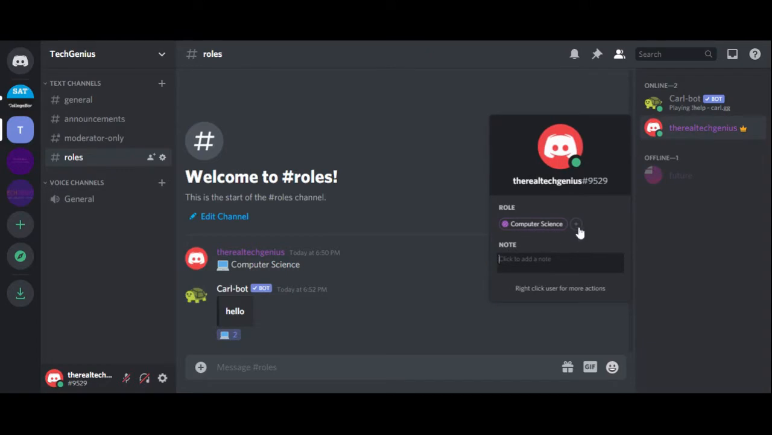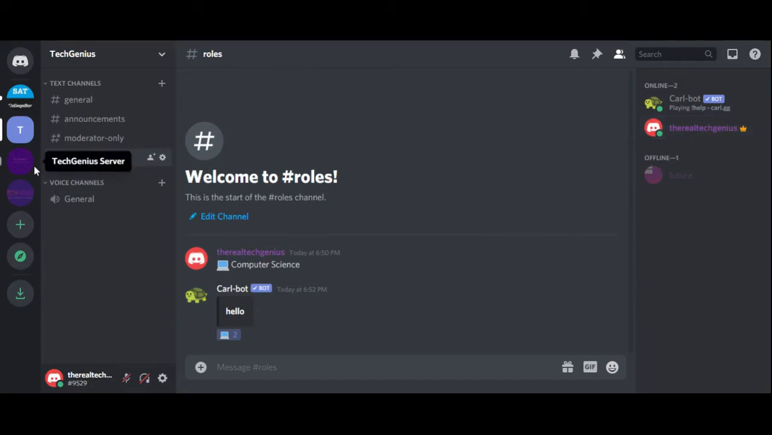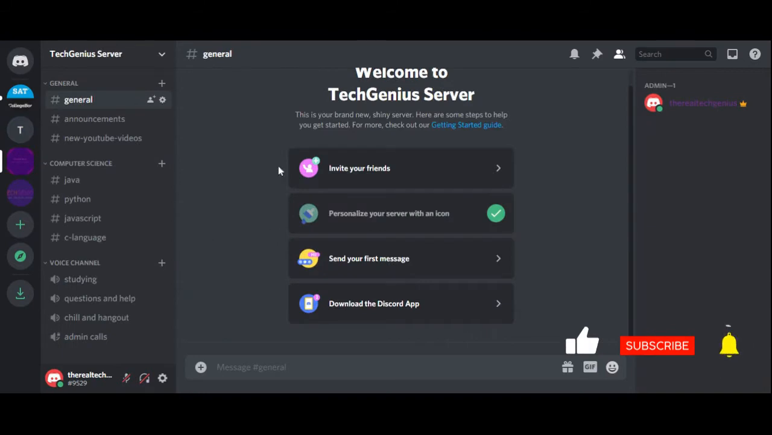Now roles basically help other people see some of the similarities or differences they have between each other so that they can communicate and maybe get to know one another better. Okay, so that's exactly what we're going to do, and we're going to invite Carlbot in order to help us out with this. Okay, so first off, you want to go to your server, and let's go to